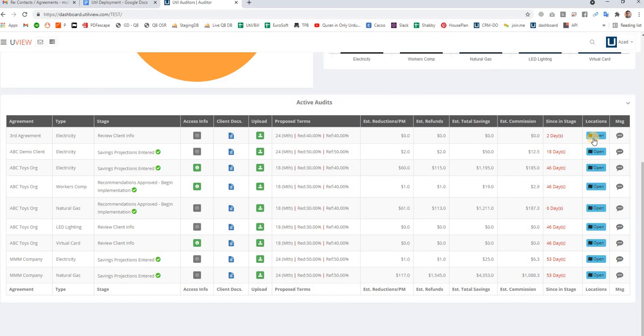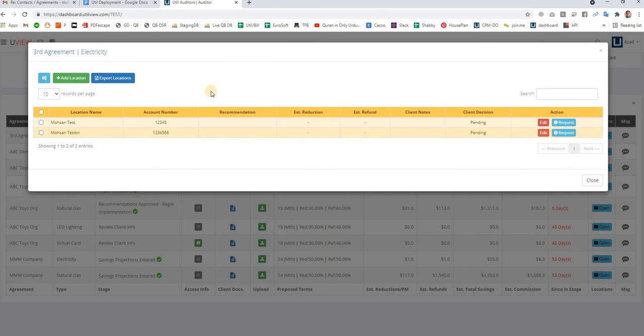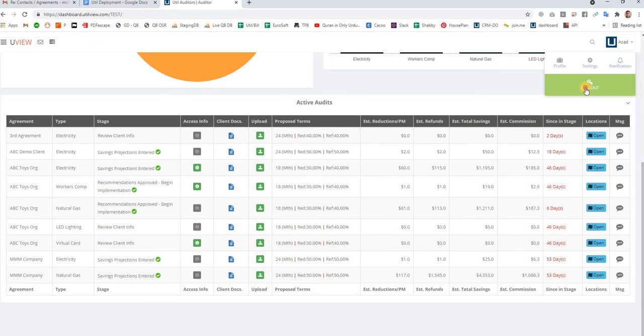On the client dashboard, we add the please complete button per audit type, but not per location. So we would need to change something either on the auditor side or on the customer dashboard. I'm not sure if it is important for you to request the additional documents by each location, or if it is good to request them by each audit instead of each location.